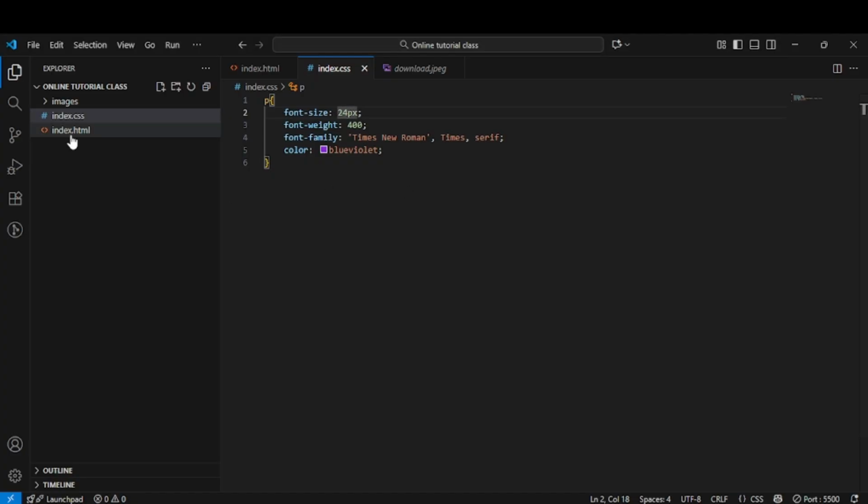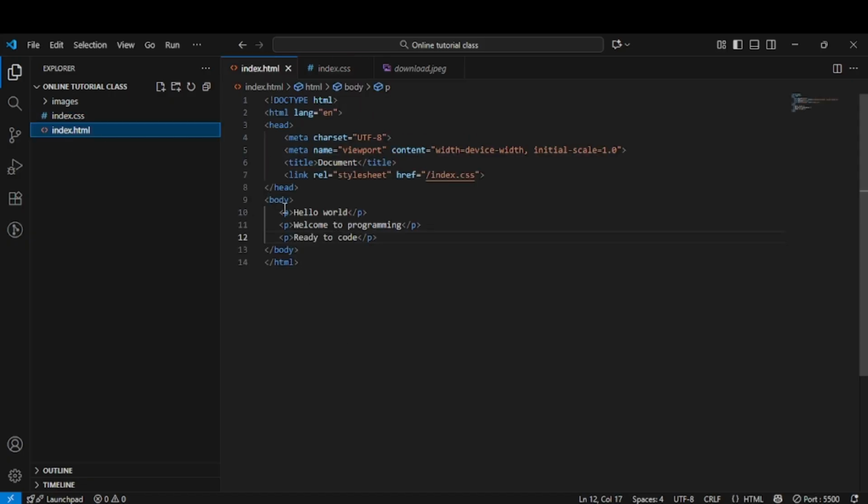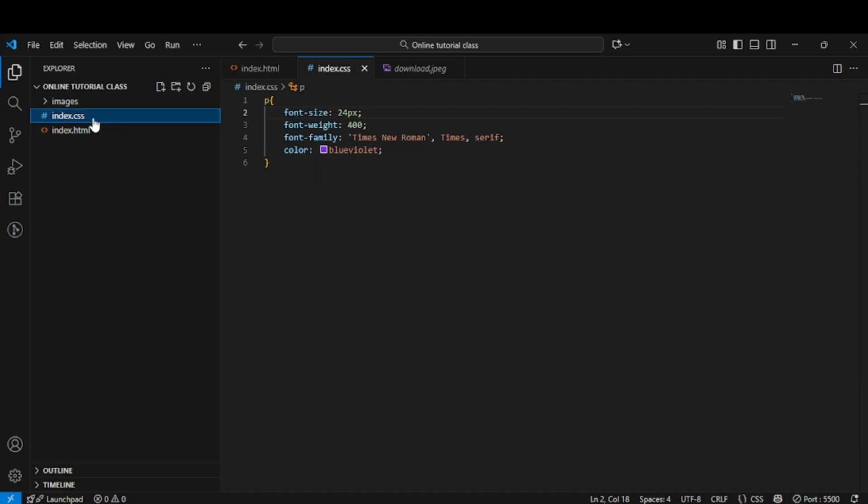So that's why I'm going to make use of the class selectors. The class selector goes like this with the value name, let's say tag. Now if I want to style this hello world, I will make use of the class selector indicated with a dot. So dot and then the value name, which is tag. Now I can style it, maybe giving it